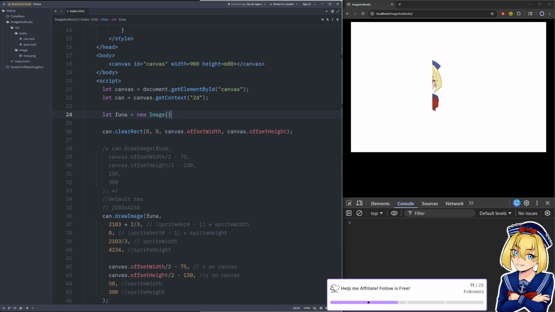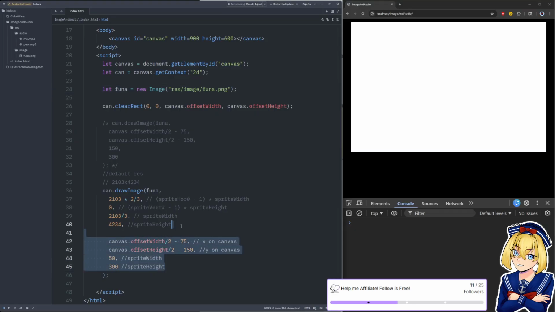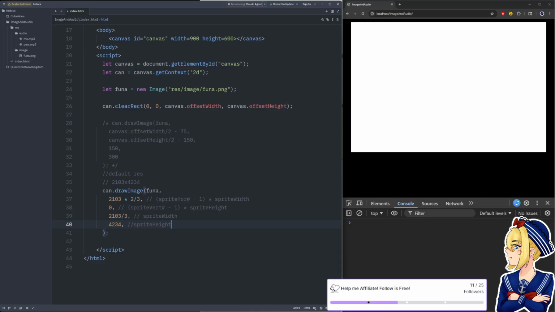we're going to say new image, and we're going to give it res image funa.png, right? Then we try and do the same thing, but let's not crop it. Let's just try and draw the whole thing.